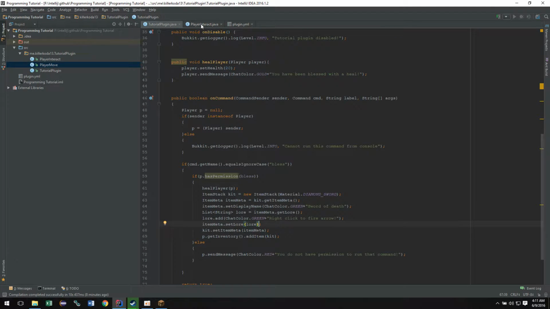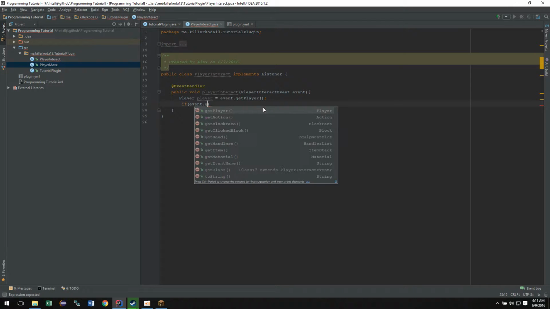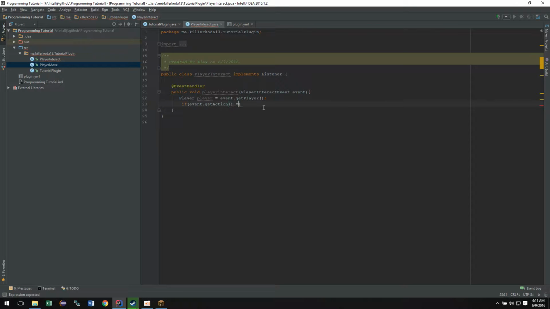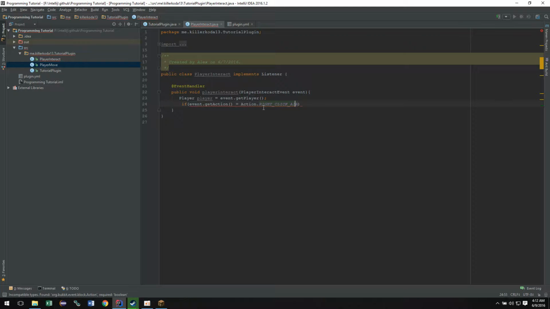Now what we're going to do is say if event.getAction equals Action.RIGHT_CLICK_AIR, so that's right mouse click air. You're going to do two equal signs, equals right click air. Then what we're going to do is say if event.getPlayer